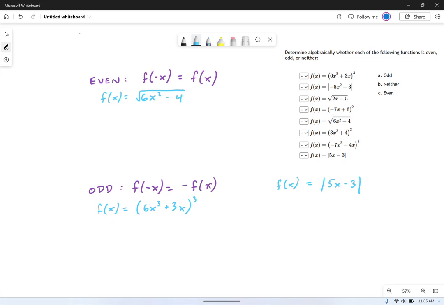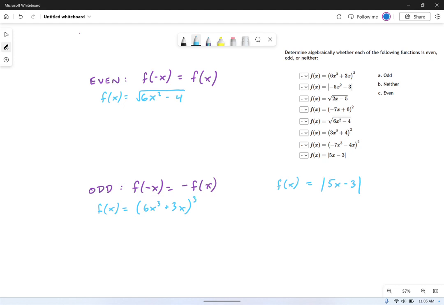Here I'm assuming you have been through the basics of what even, odd, and neither mean when applied to function symmetry. We're going to go through three examples that are a little more complicated than basic polynomials. So we have here several functions. We have cubed functions, we have squared functions, we have square root functions, and we have absolute value functions. We're going to see how you determine the even oddness of all of these.